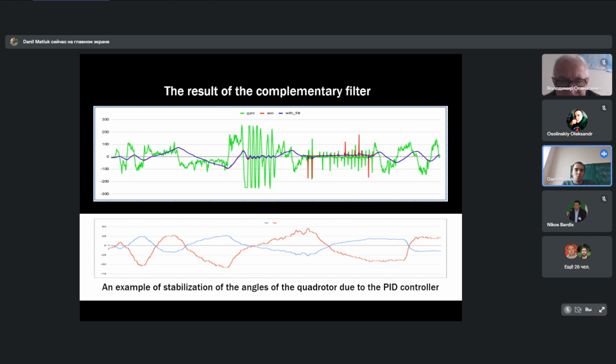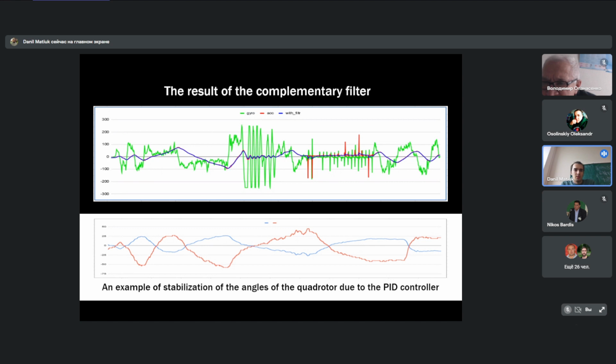Over time, an external force acts on the sensor, which introduces an error in computing the angle of inclination. The blue line demonstrates the angle computed using the complementary filter, combining the red and blue curves. The point where the blue curve begins to fluctuate means the state of the PID controller, which tries to compensate for the deviation of the quadrotor from the horizontal plane. When stabilizing, we need to take into account all three axes, adding a PID controller for not only the roll angle, but also for the pitch and yaw angles.